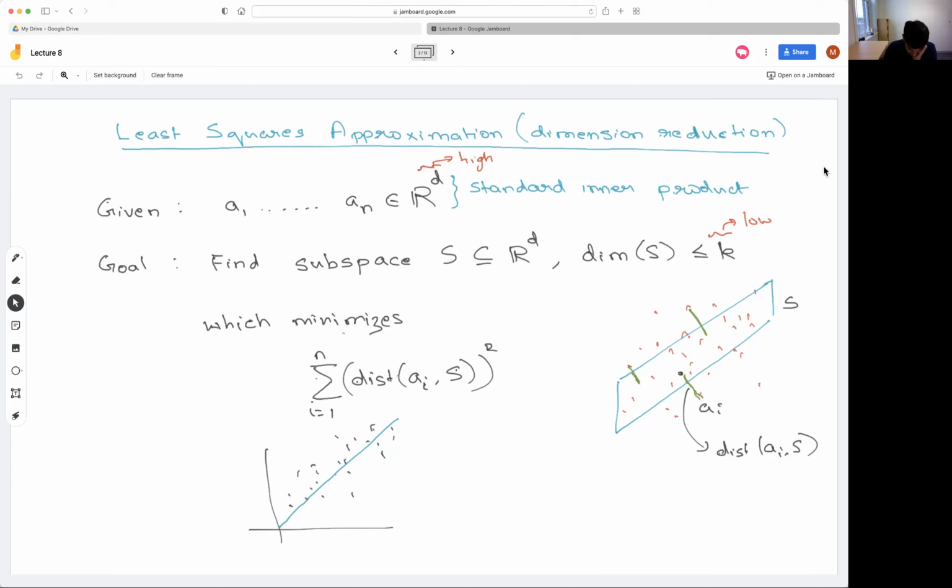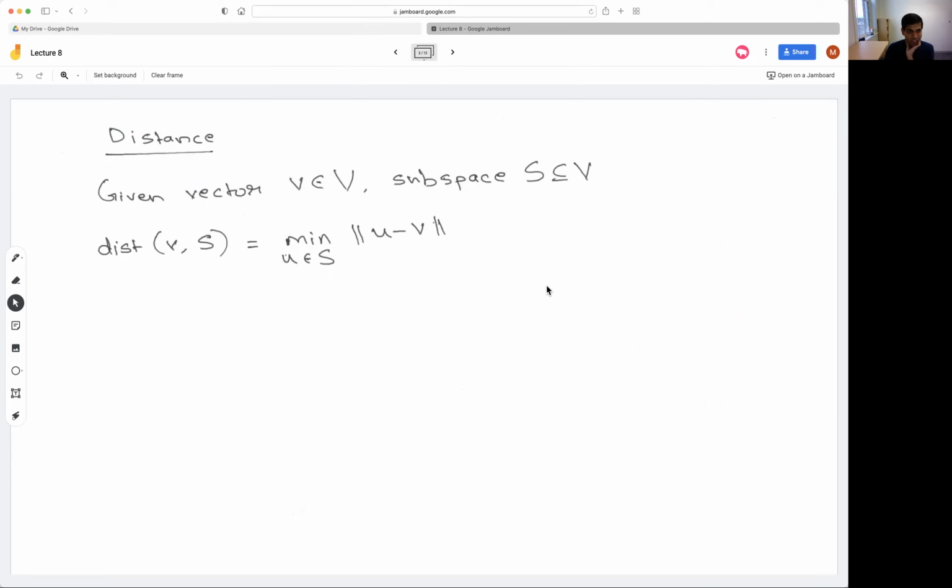Okay. And I claim that this can also be solved using the linear algebra that we have seen. In particular, this is just again a twist on singular value decomposition, but we'll see how it solves this. And this sort of reasoning will also come up in the homework problem on Frobenius norms, etc. Okay. The first thing I want to do is to define this problem more clearly, and actually clarify what we mean by a distance of a point from a subspace.